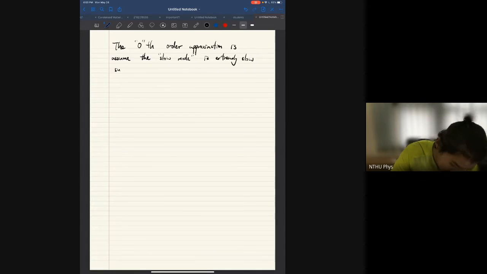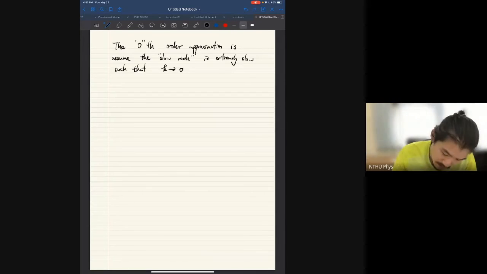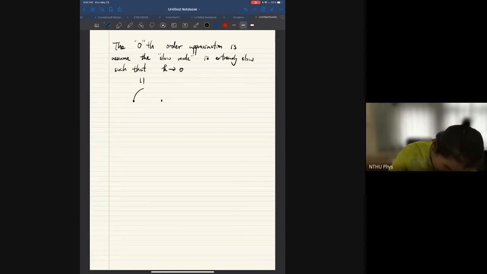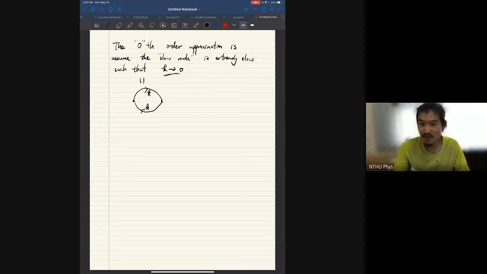The zeroth order approximation is assuming the slow mode is extremely slow, such that the corresponding k basically goes to 0, right? That corresponds to a Feynman diagram where we only consider the momentum for the fast mode, because the slow mode doesn't contain any momenta, right? So this is a very, very rough estimation. But let's suppose we start from here,